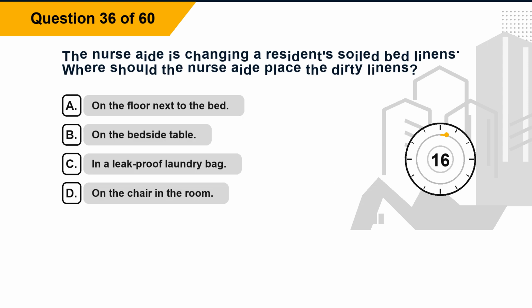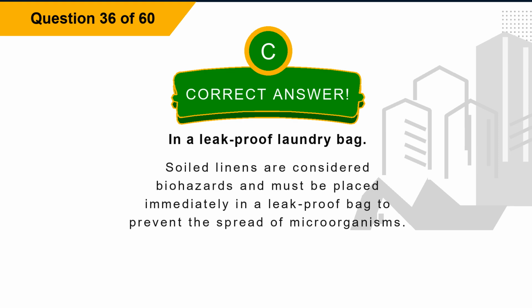Question 36. The nurse aide is changing a resident's soiled bed linens. Where should the nurse aide place the dirty linens? Option A, on the floor next to the bed. Option B, on the bedside table. Option C, in a leak-proof laundry bag. Option D, on the chair in the room. The correct answer is option C, in a leak-proof laundry bag. Explanation: soiled linens are considered biohazards and must be placed immediately in a leak-proof bag to prevent the spread of